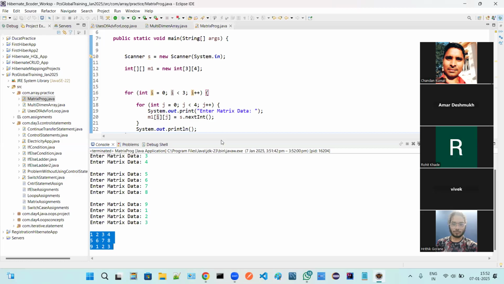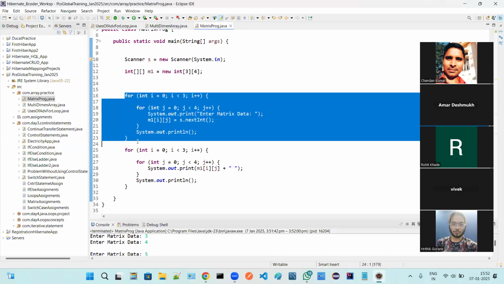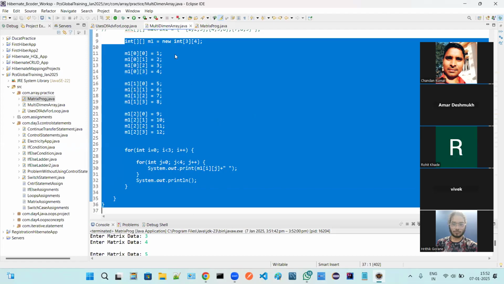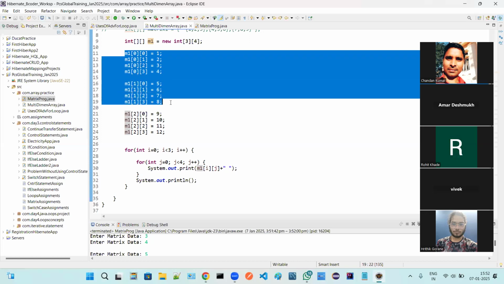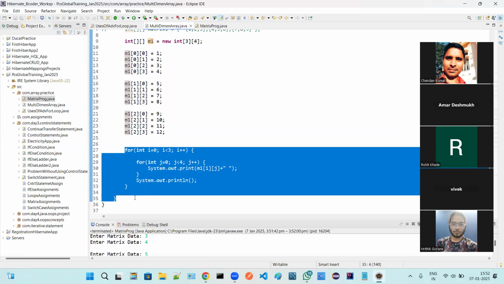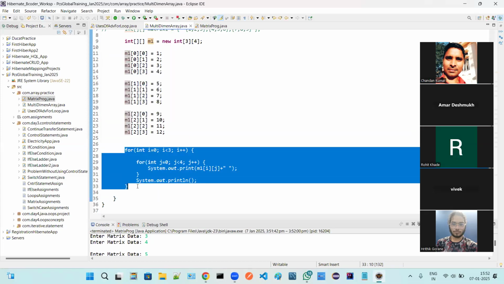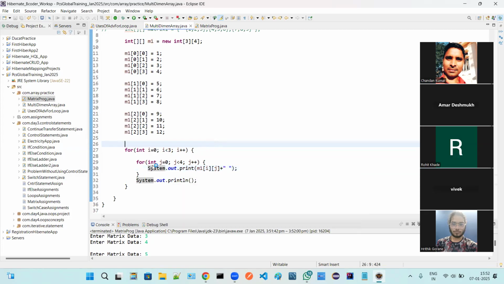So this way we can declare and initialize a multi-dimensional array. This is user defined. We are asking the user to give the input, we are storing it into the matrix and we are displaying it. In the previous one, only the programmer declared the matrix and initialized the values inside it, and then we displayed it. But in this way, using this nested for loop. Just remember that nested. Why? Because it is a for loop inside a for loop.